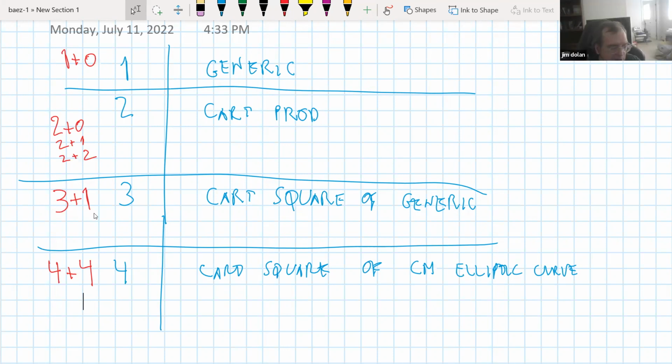Okay, so let me think about another case here that I don't think is listed. I don't think it quite fits into your case here. Let's try to think about the 5th cyclotomic field and how that gives allegedly an abelian surface with complex multiplication by the 5th cyclotomic field. So in terms of a sublattice of the complex numbers squared,